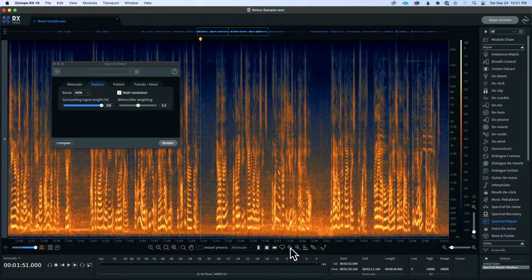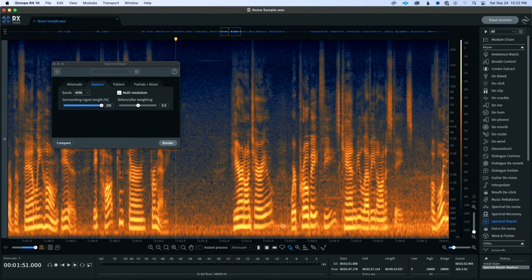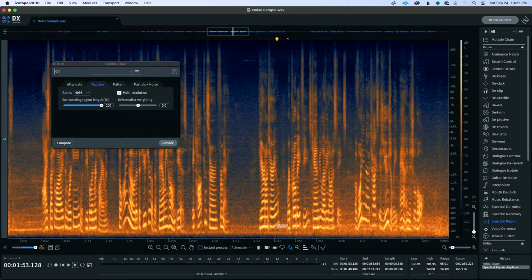We have to make our brush a little smaller, so I click and hold here. There we go. That should do it. And I'm going to zoom in a little more. The trick here, from my perspective, is if you get too in the weeds on this, oh, actually I'm not holding down the shift key, which allows me to select multiple, it gets pretty tricky and you can start cutting into the dialogue, especially,